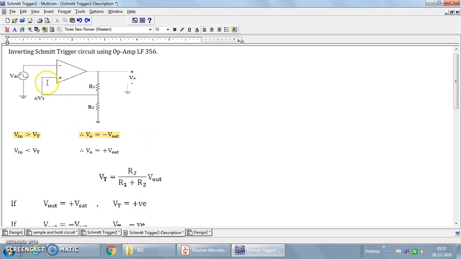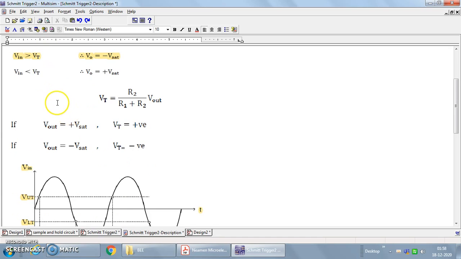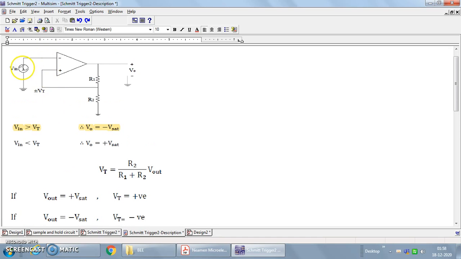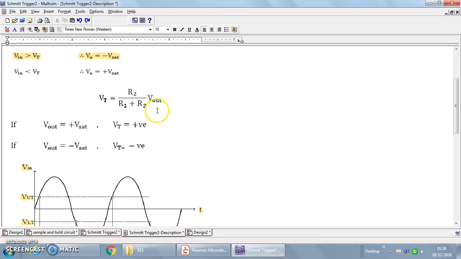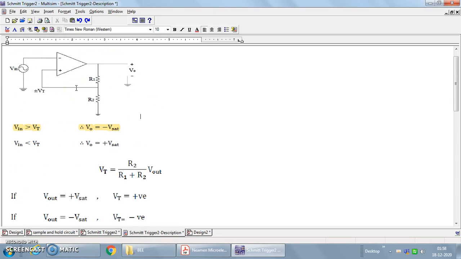If the threshold voltage is some positive voltage, then the differential voltage becomes negative when the input voltage is greater than the threshold voltage, and that's why the output is set to the minus Vsat value. While if the input voltage is less than the threshold voltage value, the differential voltage becomes positive, but as this is an inverting amplifier mode, the output is set to